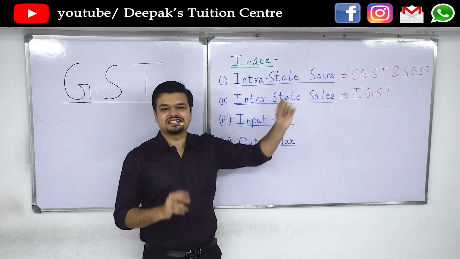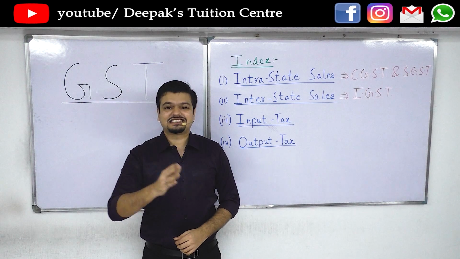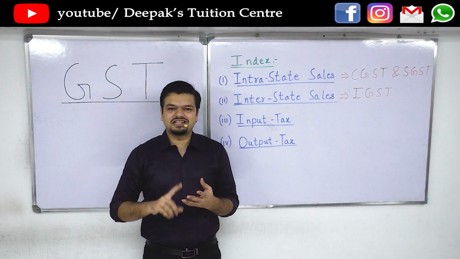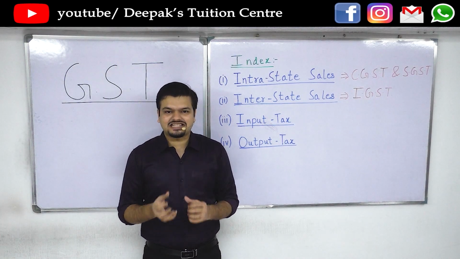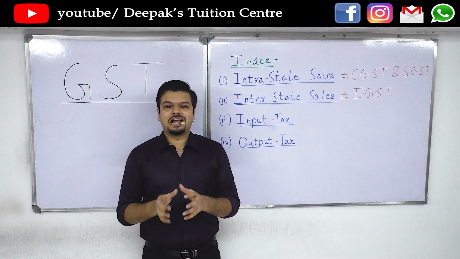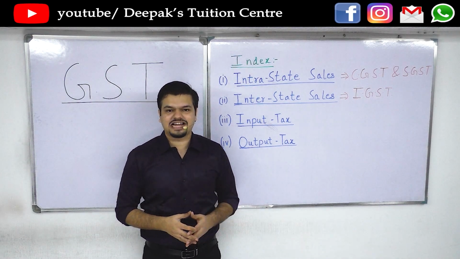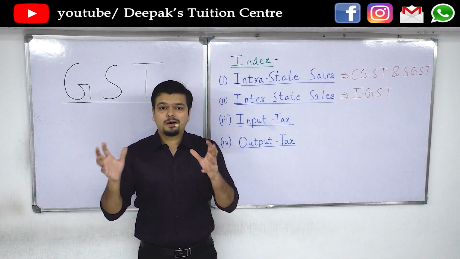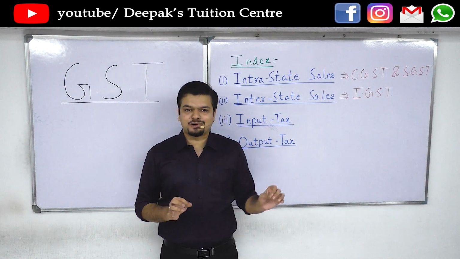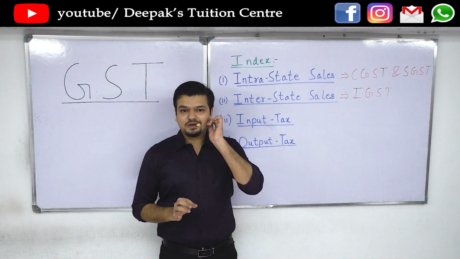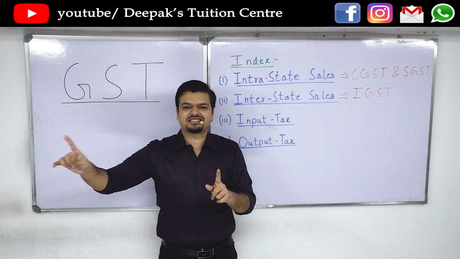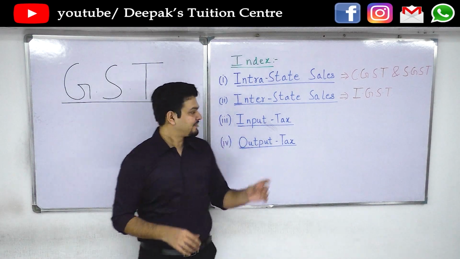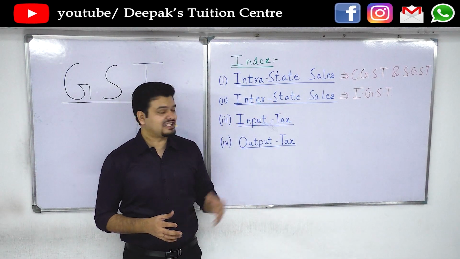Intrastate GST is divided into two portions. First is CGST and the other is SGST. CGST stands for Central Goods and Service Tax. That means that this tax collected goes to the central government. While SGST stands for State Goods and Service Tax. And this tax collected goes to the state government. For example, if the good was for 1000 rupees and I paid suppose 10% GST, that is 100 rupees. So 50 rupees of the tax will go into CGST and 50 rupees of the tax will go into SGST. 50-50 divided.